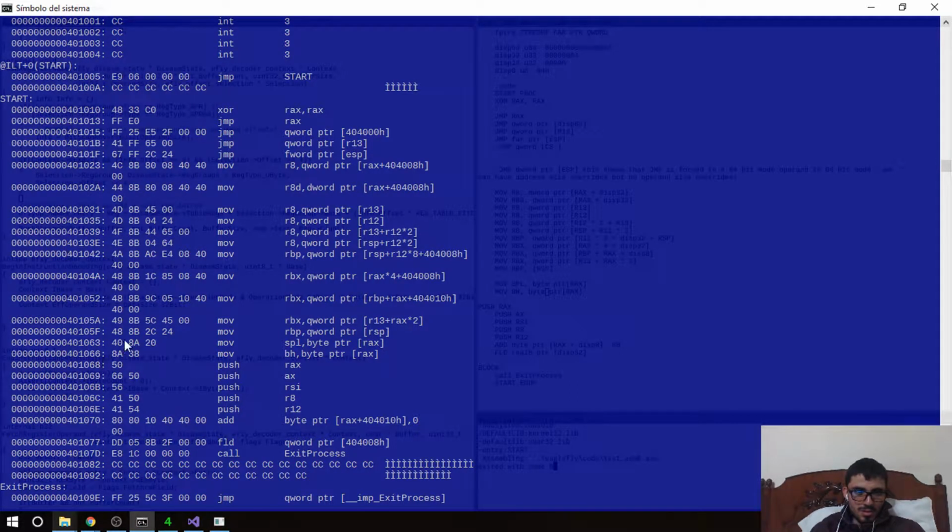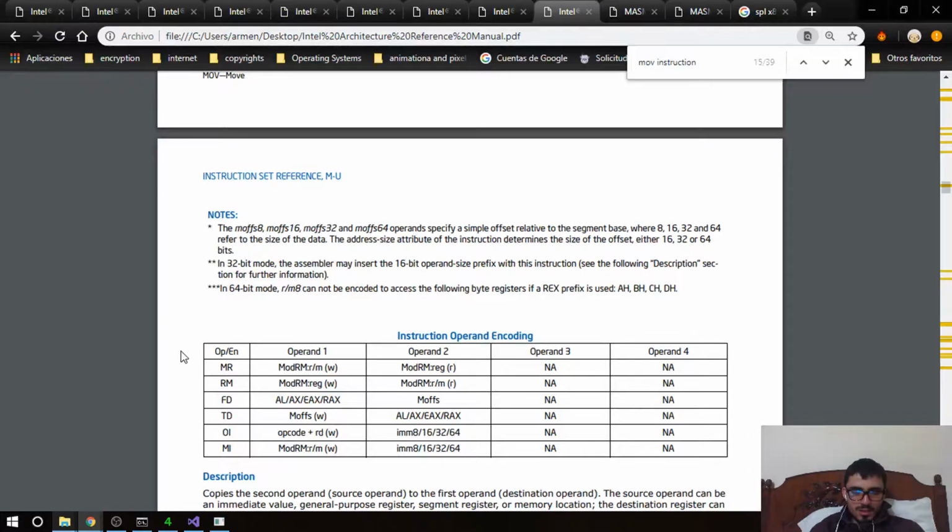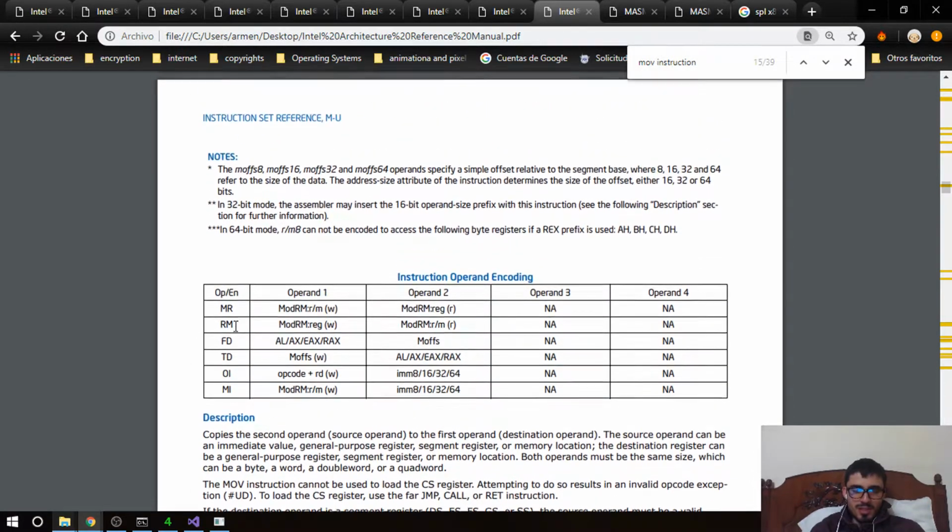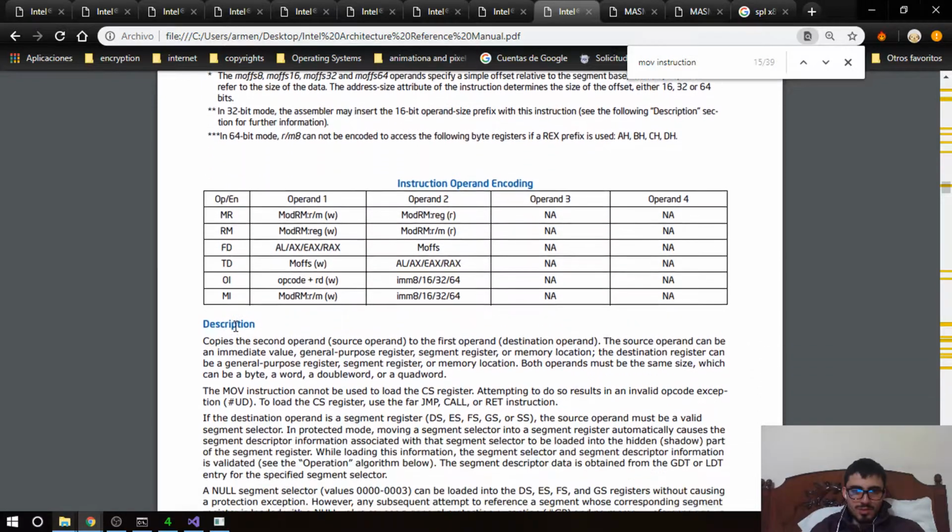So yeah, look at this. We don't have REX because we use REX to have that. That means we have to have this way of doing it. You need REX to